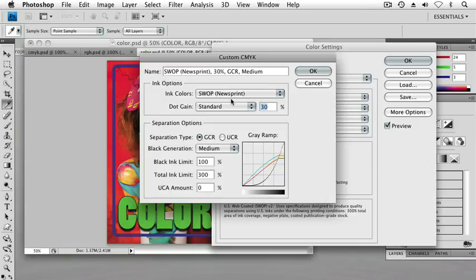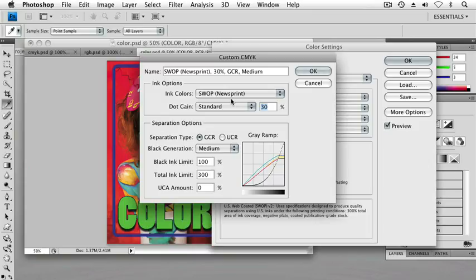Now, if you're working with a printer, there's also some other options that can be set. And if you are printing to newsprint, you might be working with somebody who is using the separation type under color removal, or if you're working with somebody on a regular offset press or even a standard web offset press, they might be using gray component replacement. Two different technologies, but basically the foundation of both is that if you understand neutrals, which you're going to understand as we go through these lessons, you know that equal amounts of CMY or equal amounts of RGB, but basically in this instance, CMYK,